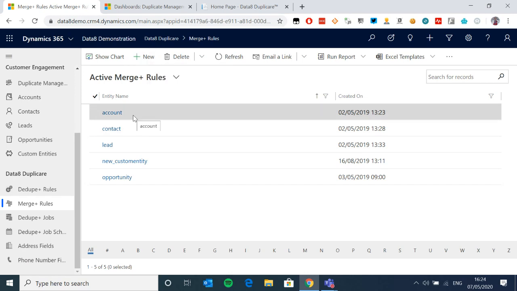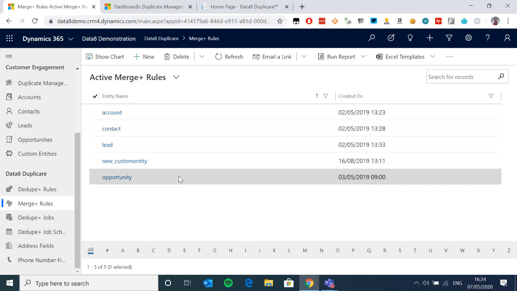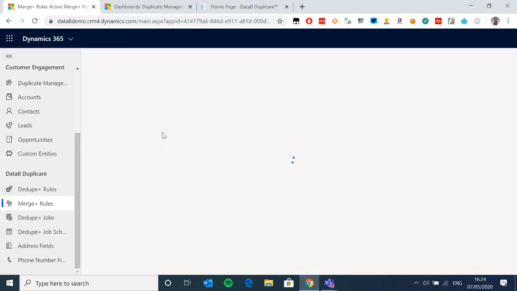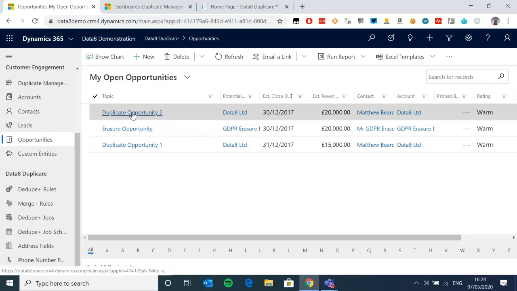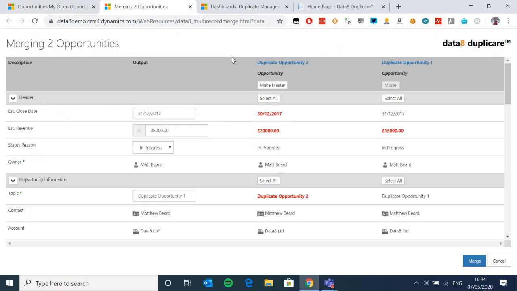If you notice here, as well as account, contact, and lead, which are the ones out of the box you can merge, I've got a couple of others. So what that means is we spent a long time and worked out the exact same thing. So now in an opportunity, I can select 2, and I still have a merge. So it's the same user experience, they have the same interface, there is nothing different on it. The rules are, again, clever.